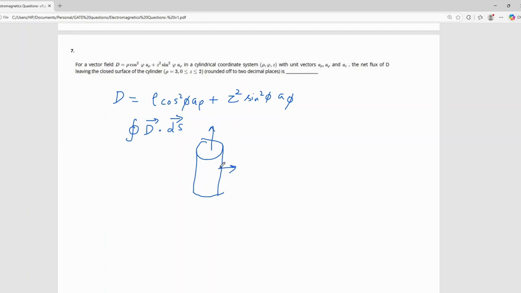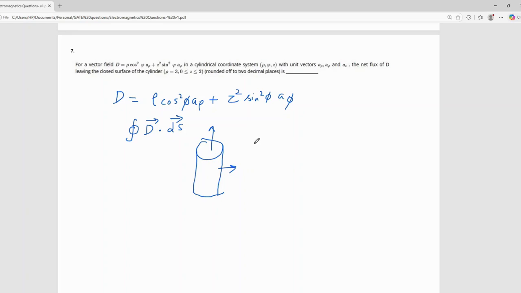There are only 2 directions in which the flux can come out. So in this direction, the vector direction is a rho,